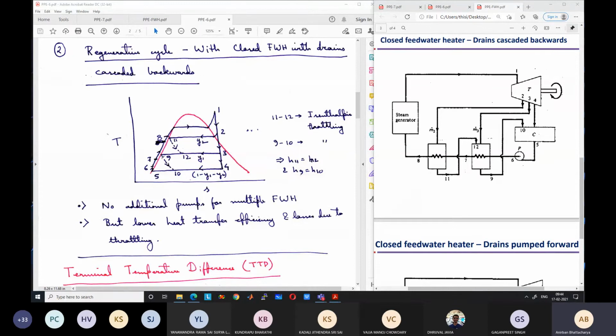So why am I saying that there is a massive loss in the last stage? Can anyone explain? There is a large loss in the last stage as compared to the other stages. If there is a drain cascaded backward from 11 to 12, it takes part in the heat exchange process and increases the temperature of the fluid from 6 to 7. Similarly, if there were another stage, it would increase the temperature of the fluid from 7 to 8. But what does this steam at state 10 do? Does it increase the temperature of any fluid? Or what is the role of this steam?